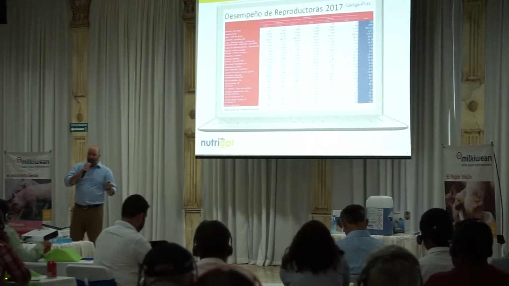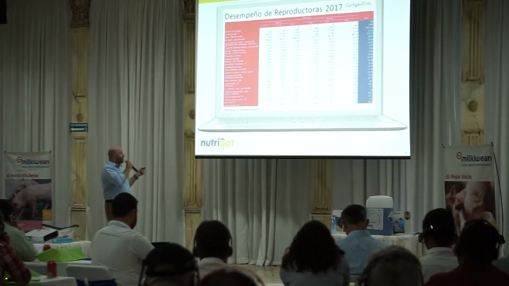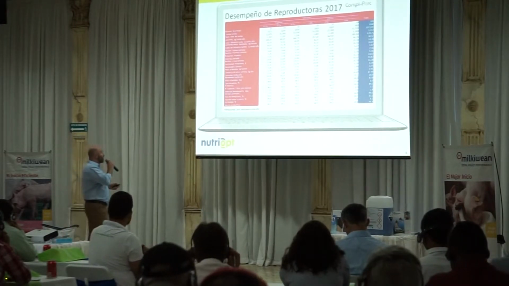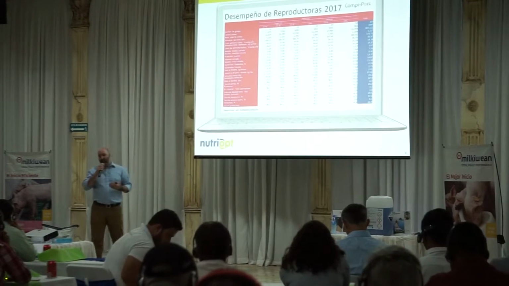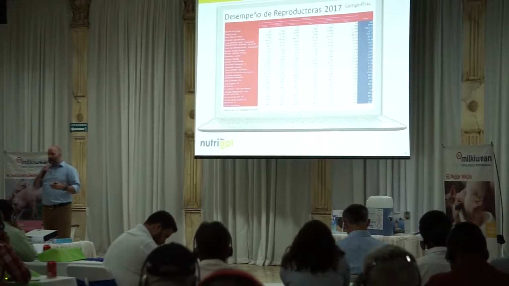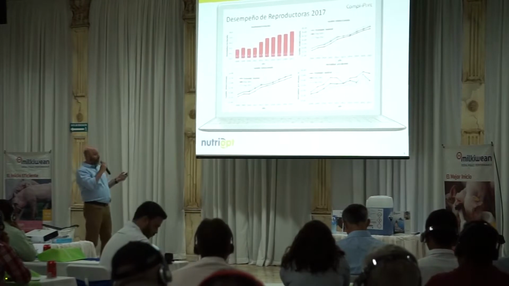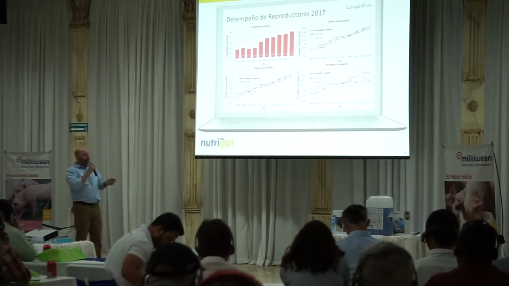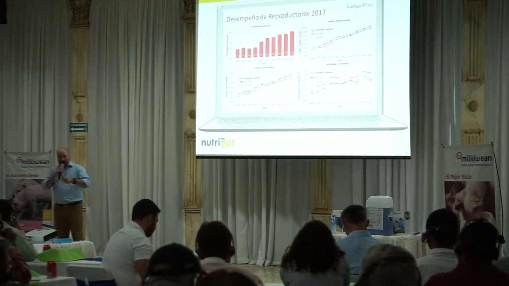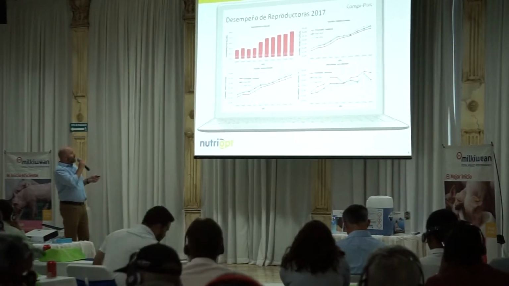It also works for the sow herd and covers all of the key measurements for the sows. I do apologize, this is very small writing, and it is very hard to read unless you're standing right by it, but it has all the key information. Pigs per sow per year, feed consumption, feed costs, and so on and so forth. Again, you can graph the information for the sows and look at it year over year to see if your trends are moving in the right direction or the wrong direction. In this case, everything seems to be trending up and looking good.